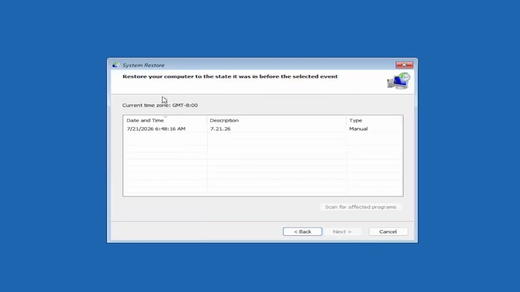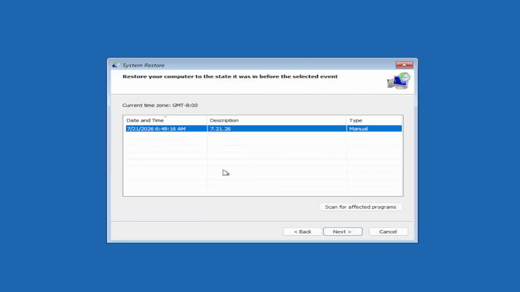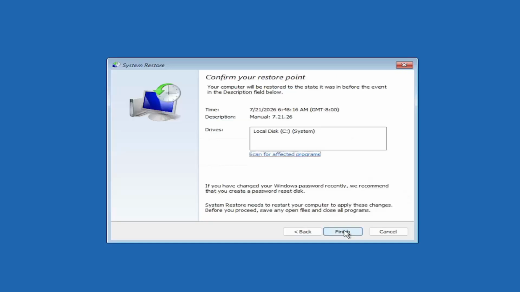Assuming you have a restore point saved on your computer, you go ahead and select the most recently created one, and you'll select next, and then you'll select the drive. You shouldn't actually have to select the drive. You can scan for affected programs, but we're going to keep it all default here, and then we're going to